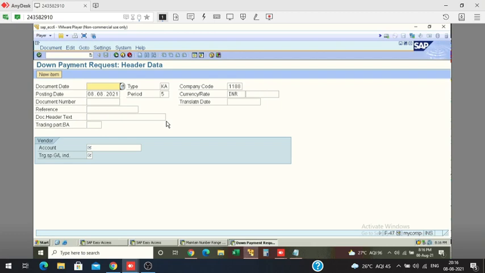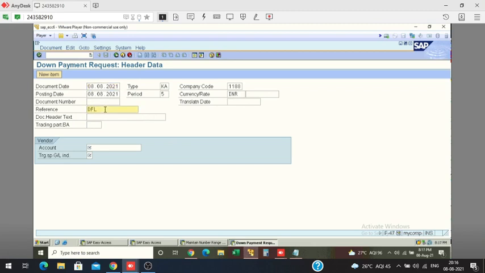After the delivery of goods, you can pay me the other 50% within 30 days. Now what will your team do? Your team will make one payment request to the finance team: please pay this vendor 50% of his PO amount. So the team will create one payment request, which I am creating through FDES 47.